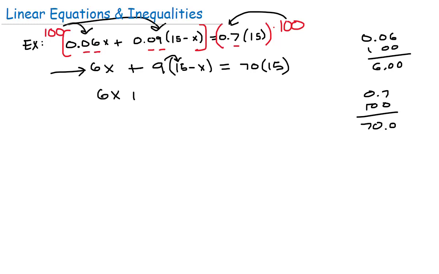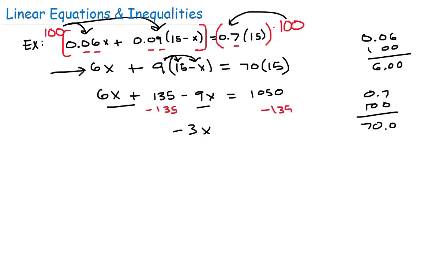So we have 6x, and then that becomes 135 minus 9, don't forget to distribute, minus 9x, and then over here we're going to get 1050. And then if we combine our x's, we have negative 3x on the left side. And let's go ahead and move over this 135 at this moment as well. So if we subtract 135 from both sides, we're going to get that this equals